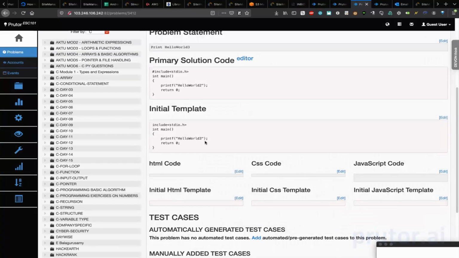The code runs, but it will print hello world 3. So student who's working on C for the first time, even he is curious, how do I make this hello world 3 equal to hello world 2? So he will just change 3 to 2, and it will work. So the joy a student experiences for the first time that code works is tremendous. We have seen that in lab after lab after lab.